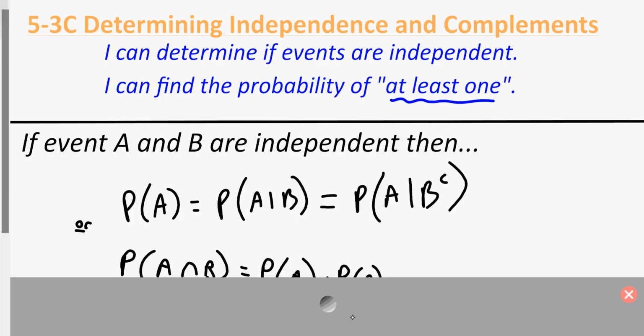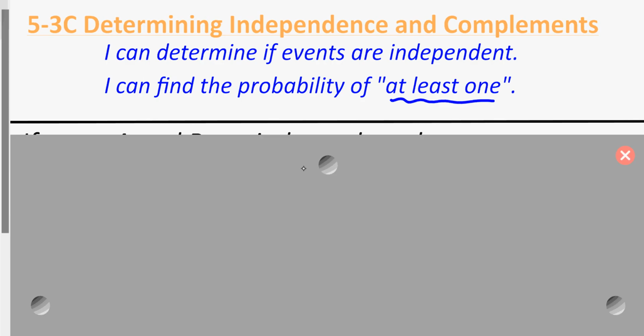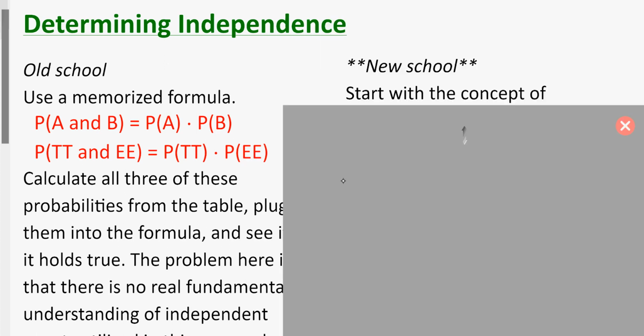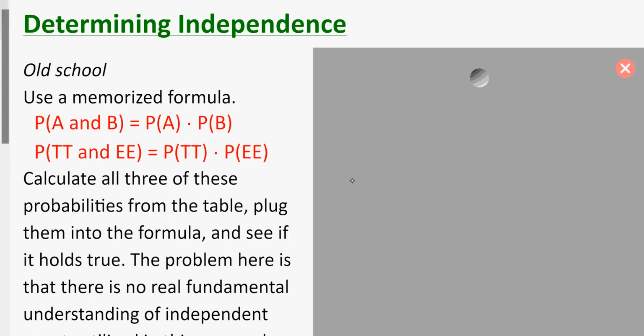So a couple things about independent. Two things that are independent, what that means is one doesn't affect the other. Like the occurrence of one does not affect the occurrence of the other. All right? Now, if they are dependent, then that would change it. Meaning,